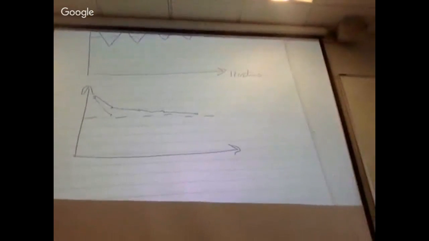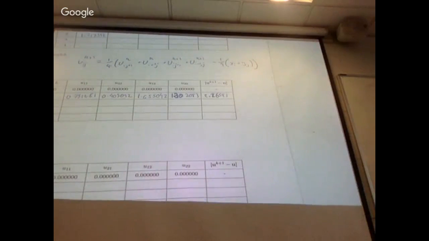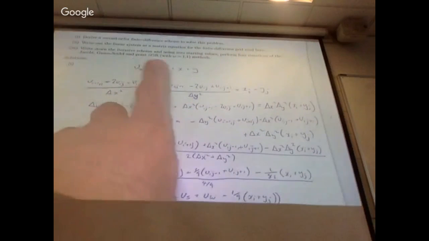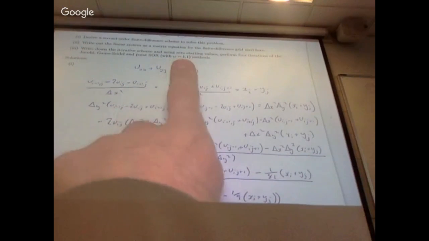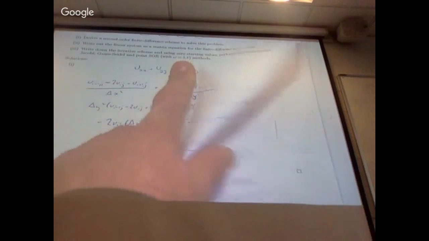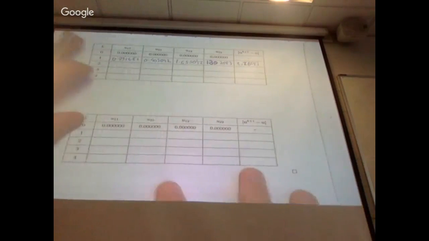Tilt the camera down a bit. If you have a look at the bottom, I'm back on page 51, and I've suggested an omega of 1.1. So if I was to write out my SOR scheme,